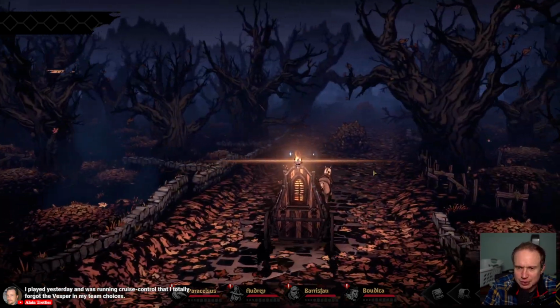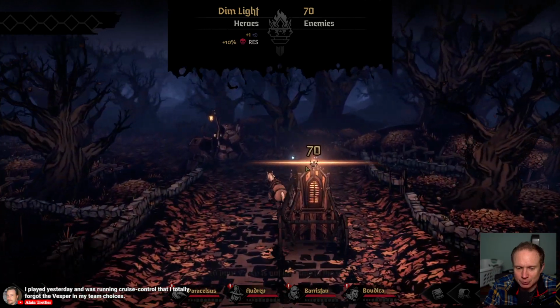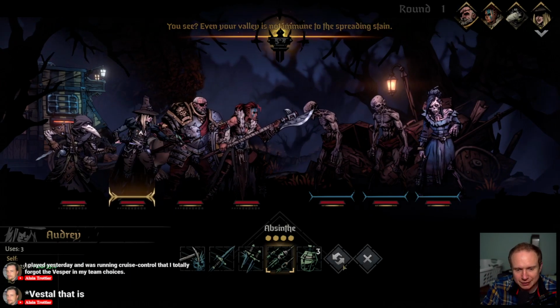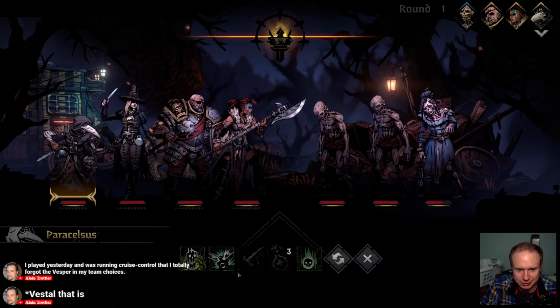We might take out some of our memoried heroes. You see, even your valley is not immune to the spreading. Oh, just rolling without the Vestal, eh? I should have at least equipped the trinkets, but...